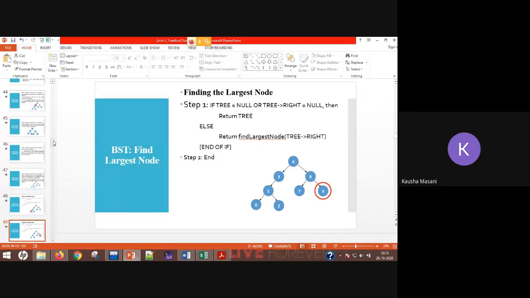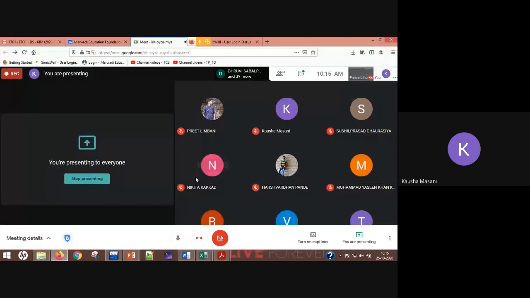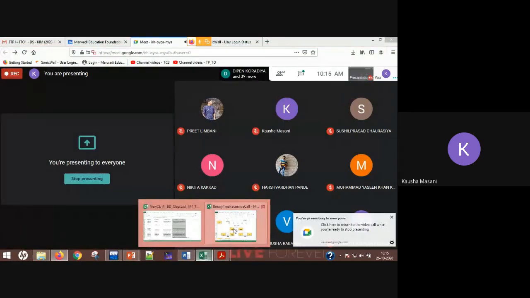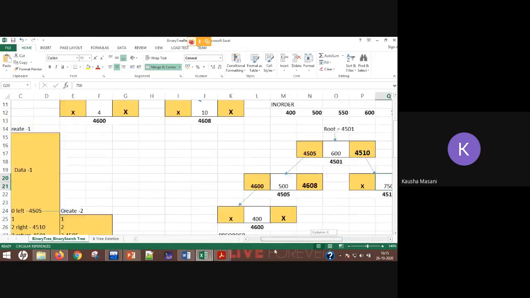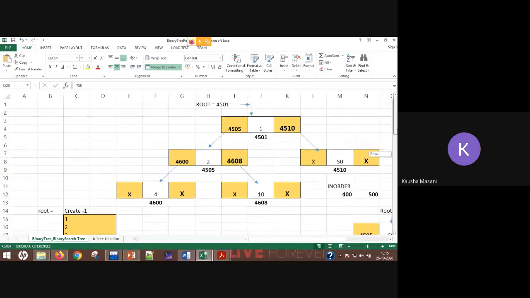Does any one of you have any idea of how recursive function calls work? Yes, anybody? Do you know how recursive function calls work? In theory, practically I will show you, but in theory, do you know how recursive function calls work?